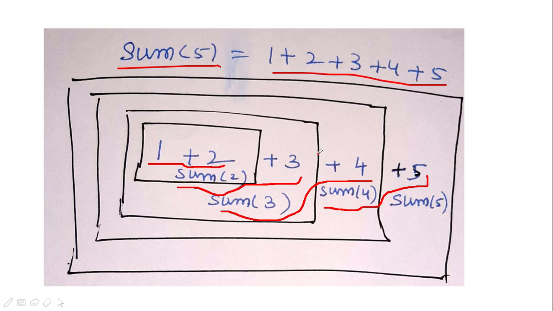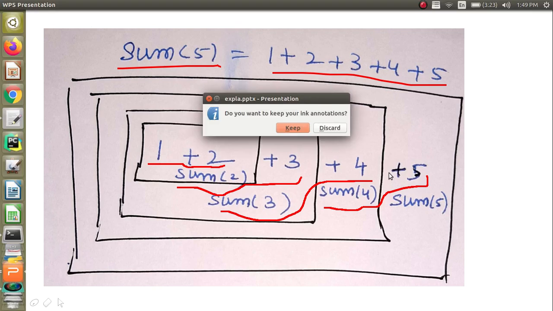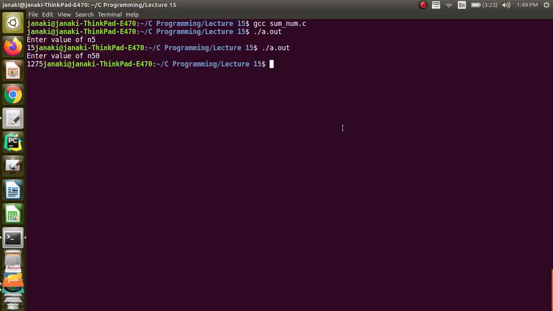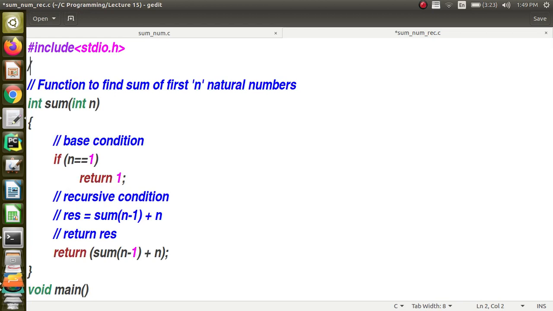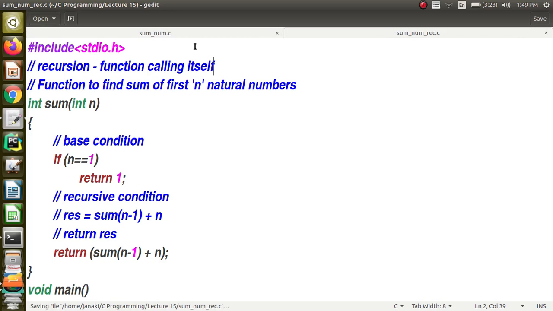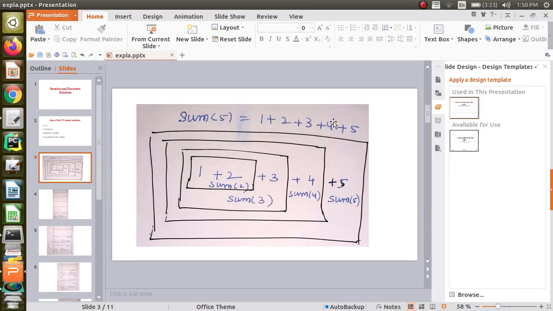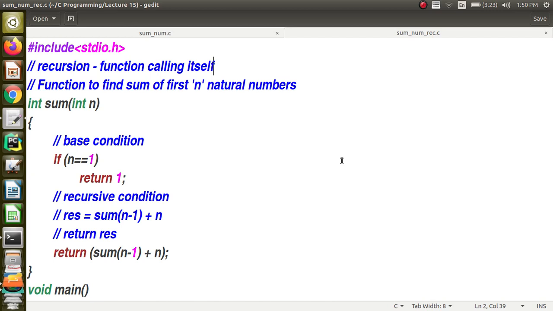Okay, when you look at the solution, there will be a pattern that we can find, and in that situation we can go for what is called a recursive solution. What is a recursive solution? In functions, when a function calls itself, we call that recursion. So, when we look at this particular problem, when you are going to find sum of 5, you have to find what is sum of 4 and then you will add 5 to it.